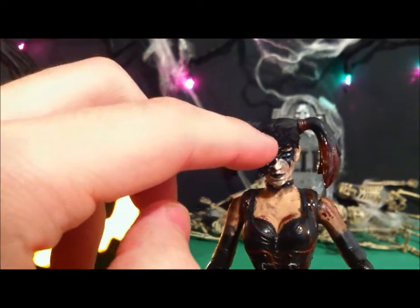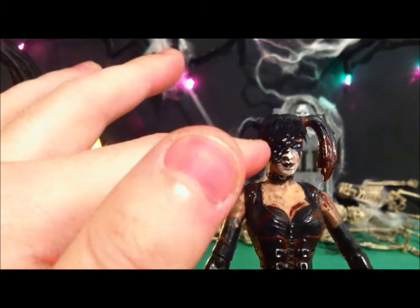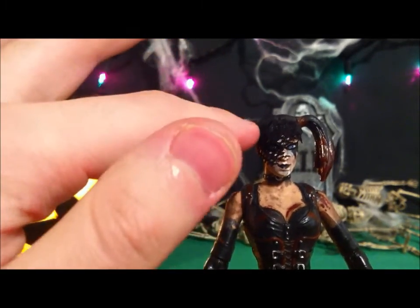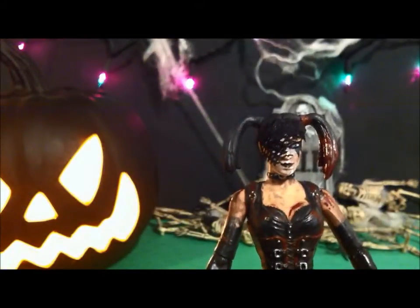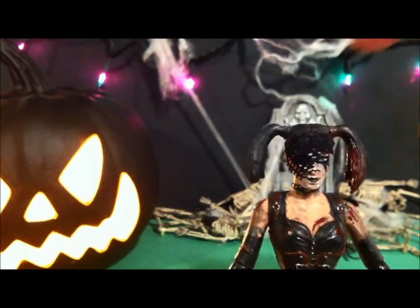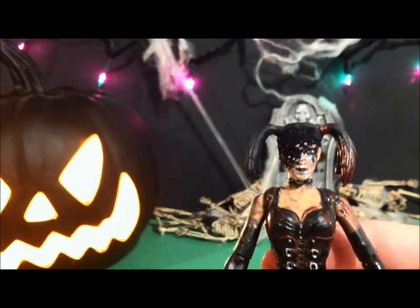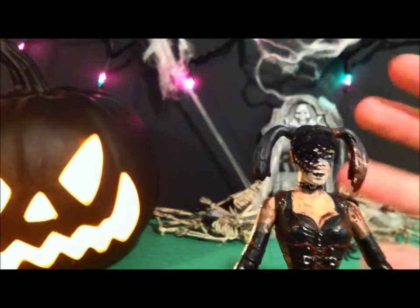I did add a second piece of lace on here because her veil in the game, it's got the mesh, and then it's got that flowery kind of lace material going across here, but it didn't really turn out the way I wanted to. You can still kind of see it, but it's not really defined. Oh well, it's there. Added a lot of black and gray washes to her skin tones and some blood,